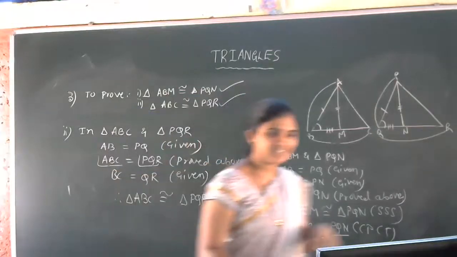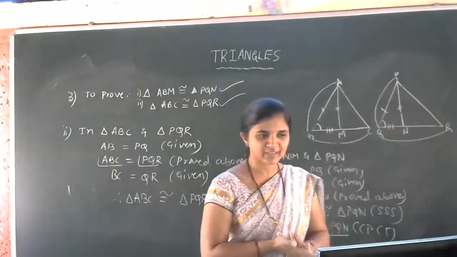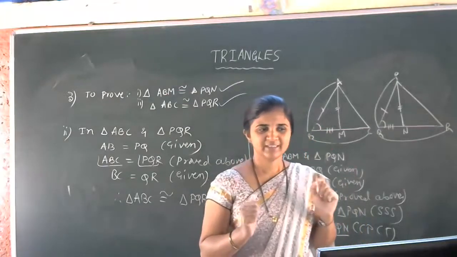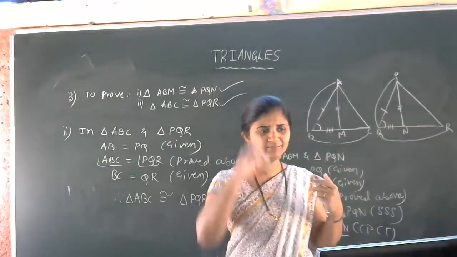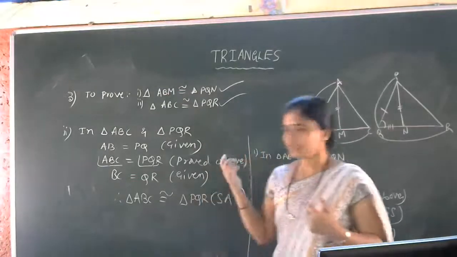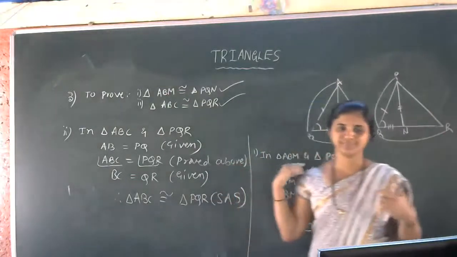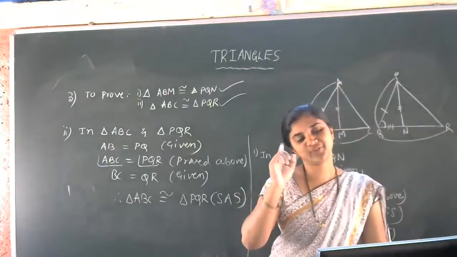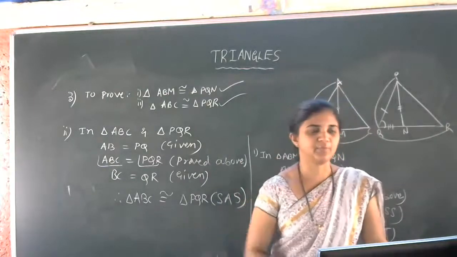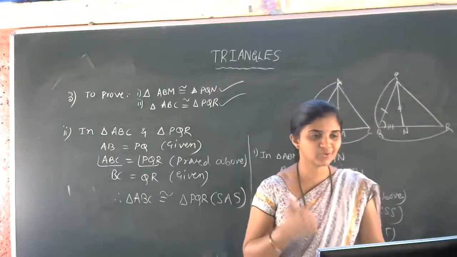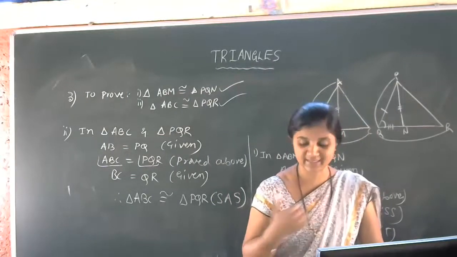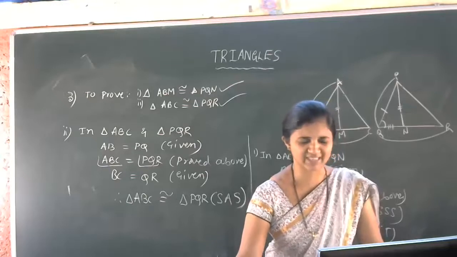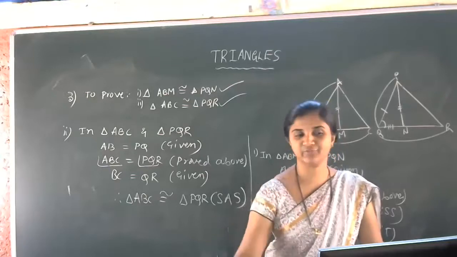Is that clear? Third problem. Do you have any confusion regarding the third question? Simple, no? We have to use the given data. Median concept is given, so we used the median for the first one. Then the remaining is simple. We use the CPCT of the first proof for the second proof. So I think you don't have any confusion regarding this. Now let us continue with the fourth question. Let us finish the fourth and fifth quickly.